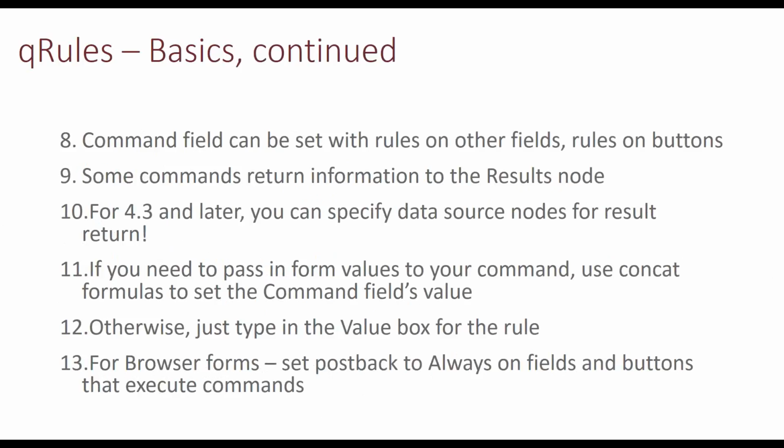After version 4.2, so in version 4.3, we added two universal parameters that can be applied to any command where you can specify data source nodes, secondary or main data source nodes for the result. So let's say you're running generate GUID, which gets used a lot because a lot of times we need a unique identifier. You can specify the node you want that GUID returned to. It just simplifies things. It cuts down on the amount of rules you have. So instead of running a rule and then setting a field to the value of the result, you can just return the data directly to the field you need.